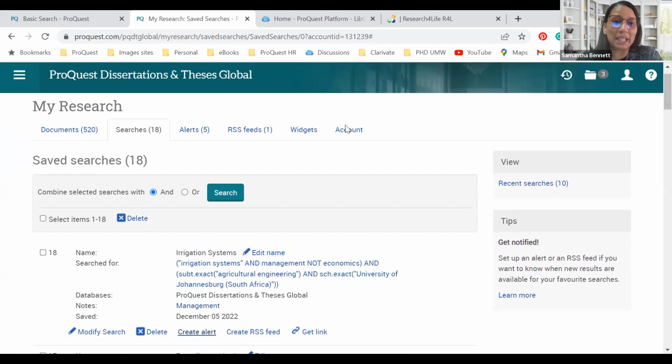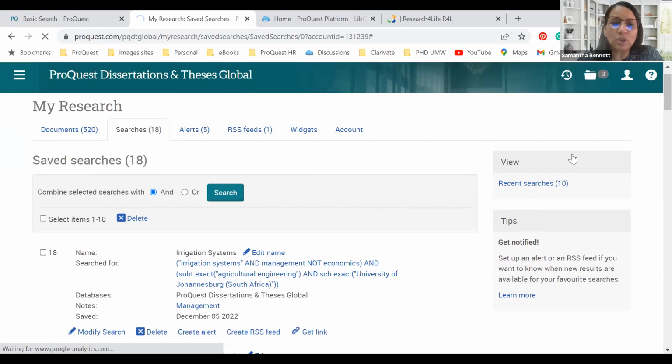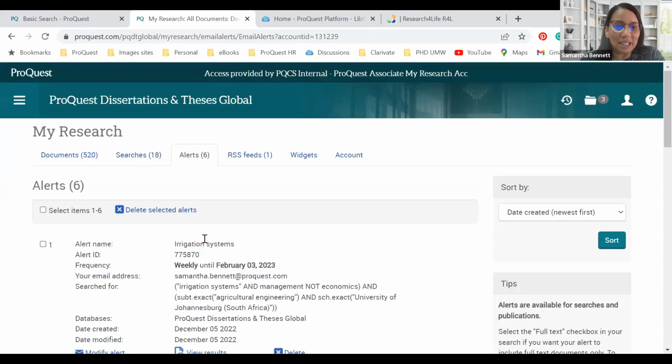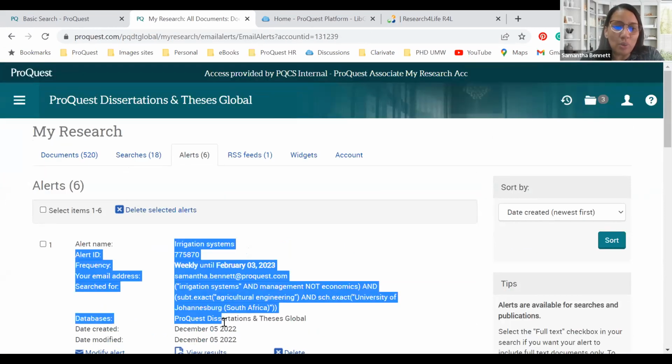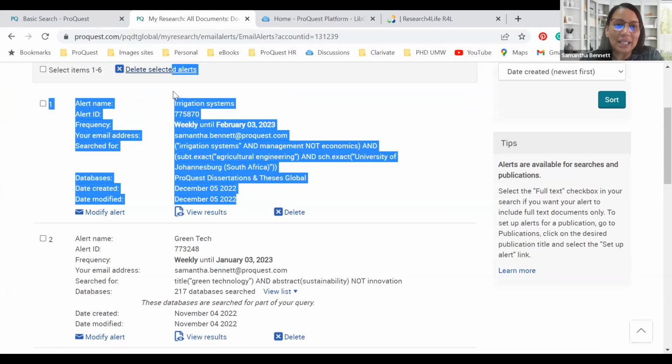Okay, so that's what you can do on the platform with Iris. So where do I see my alerts? I have the option to click on alerts from here, or alternatively from the human silhouette, where I can click on alerts. And once I click through on alerts, it will open up the alerts. And as you can see here, the one that we've just created is directly there.